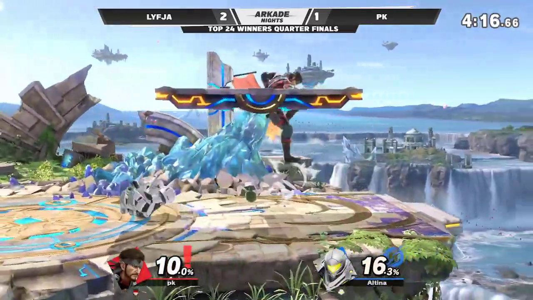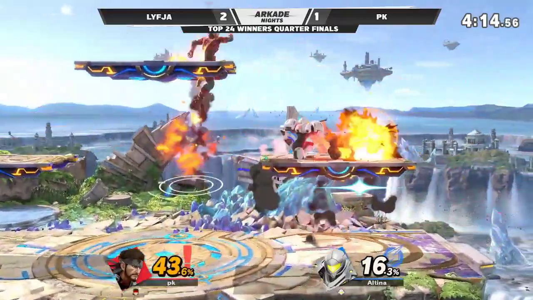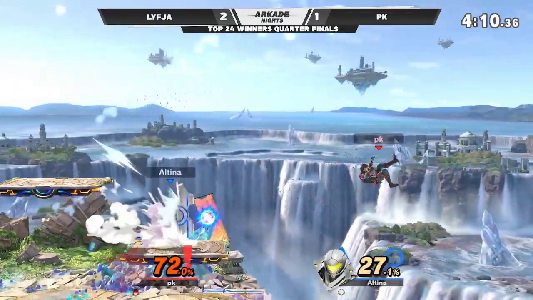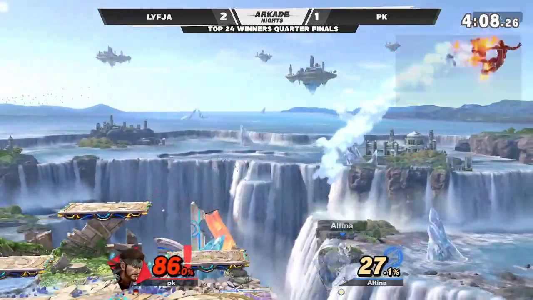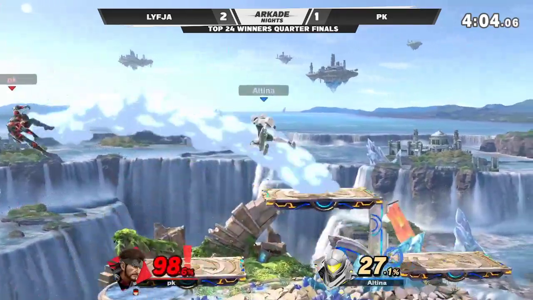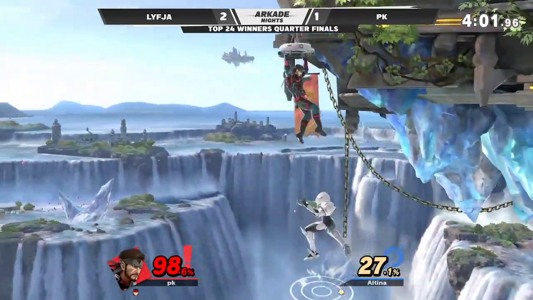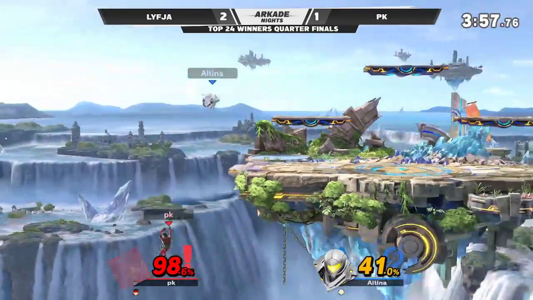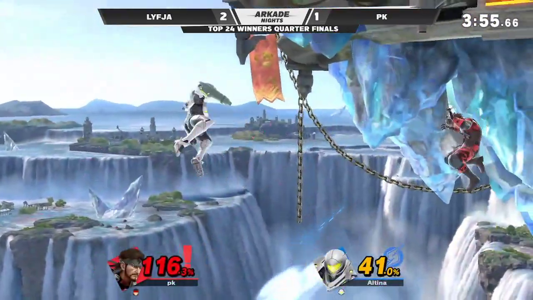Then real deal breaker in the set. Lyfja also right there recognizing that there were grenades on the ground, so after that charge shot did not go for a dash attack or grab as you usually would. Nice awareness coming in from Lyfja, and tries to cover the low recovery, but Peko a little too quick on that up B. And yep, that's...